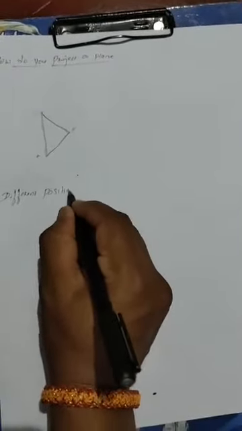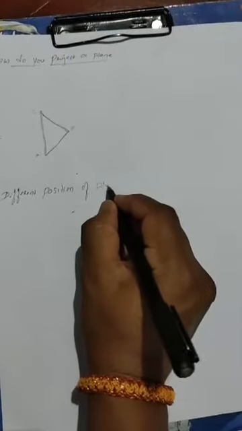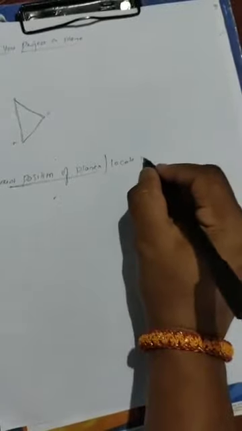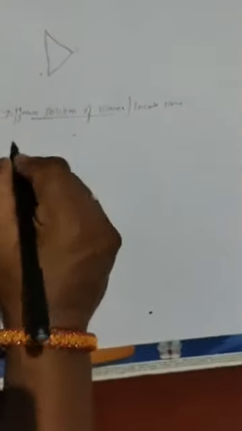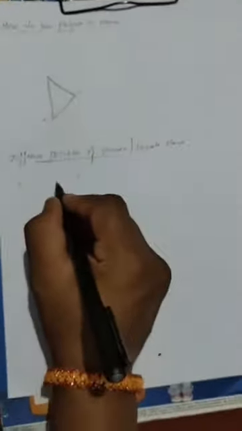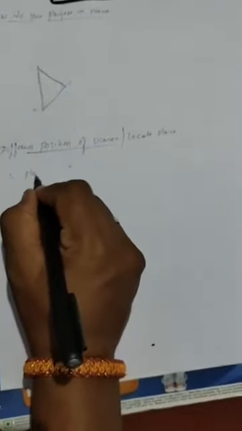Next, what are the different positions of a plane, or locations of planes? How do you locate the plane with respect to the planes? The first position is, the plane is